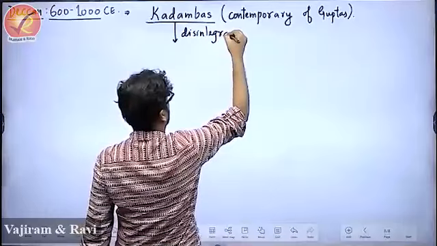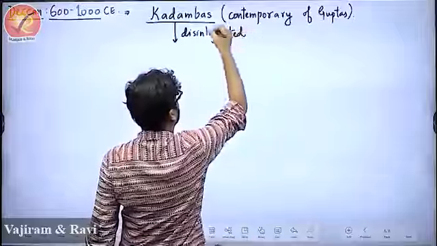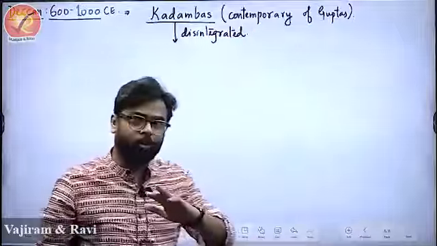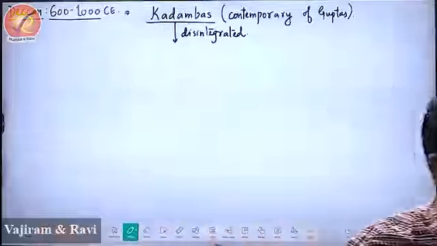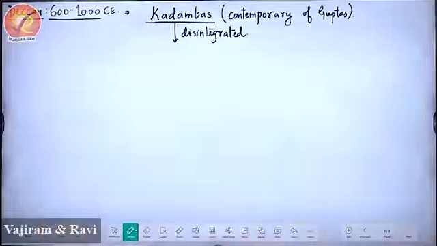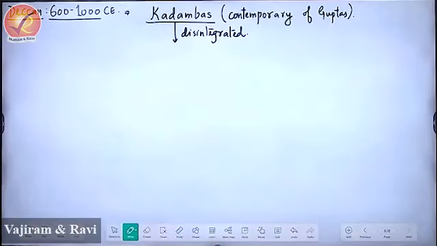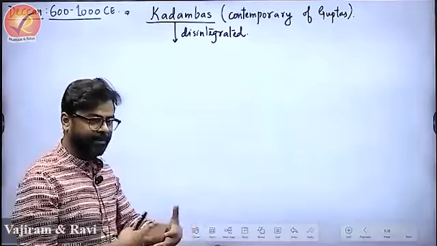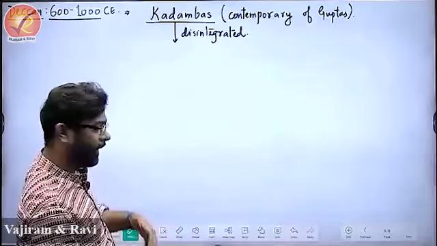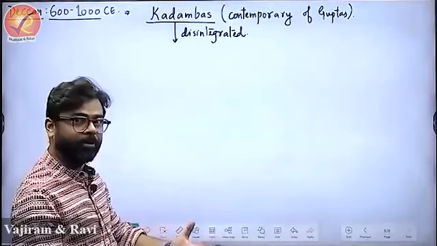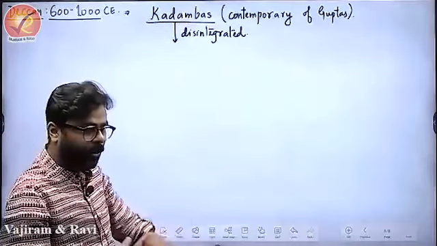They also began to disintegrate simply because even though they were towards the coast, they never used the coast. So they followed the Gupta style of power. For them, land was important. And they had many conflicts. So they disintegrated, and this is the moment when somebody rises out of nowhere and